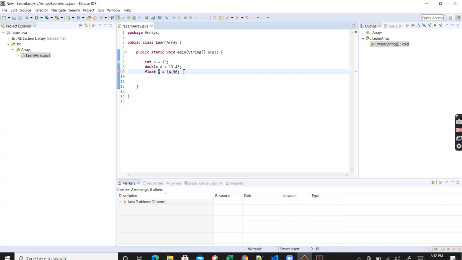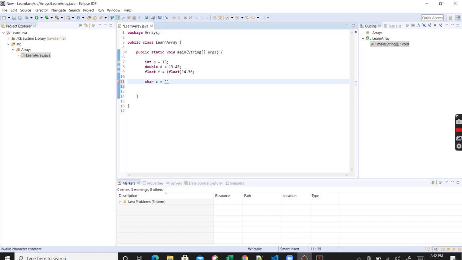So to hold this value in a float, I have to typecast it. How can I typecast this? I can say float this way. Now the error has gone. Okay, now if I want to hold a single character, I can say char c is equal to, and characters we have to store in single quotes.